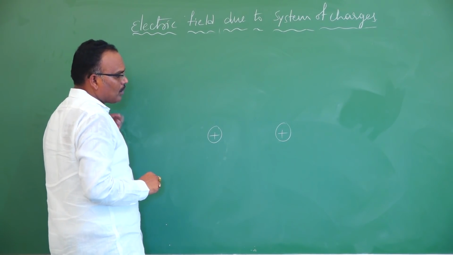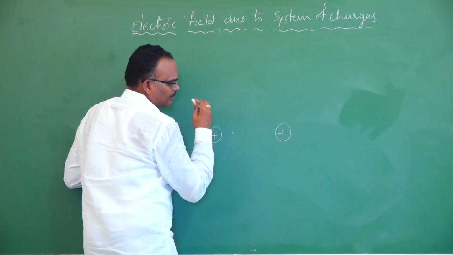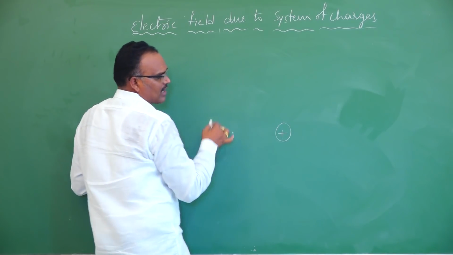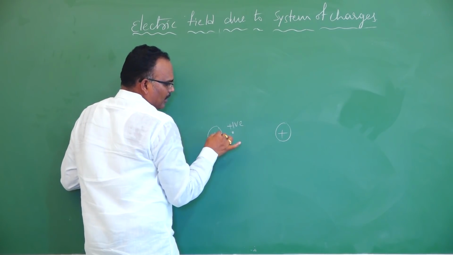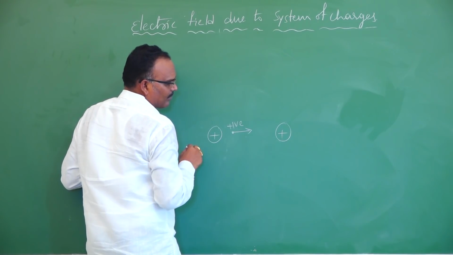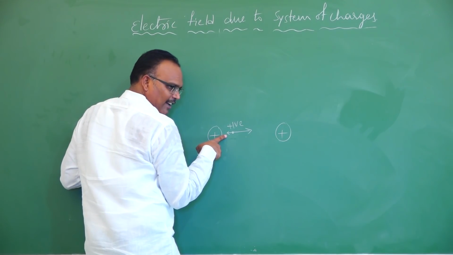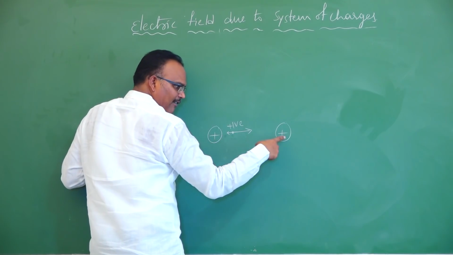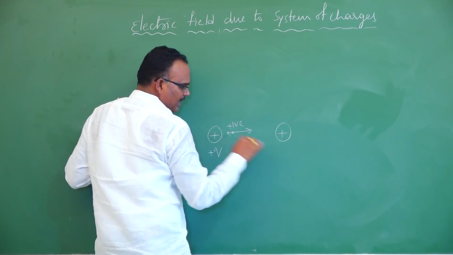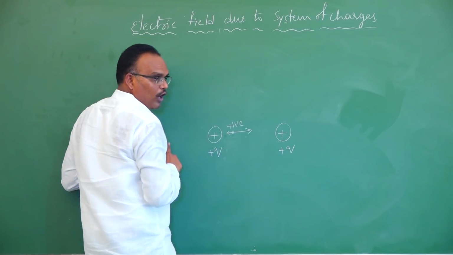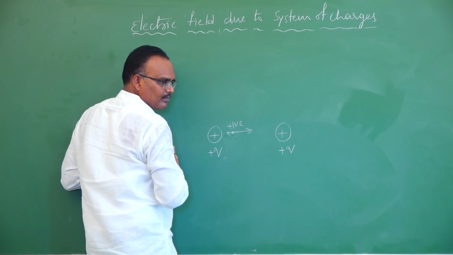Okay. So here, if you place a unit positive charge at this place, for example, along the line of the charges, this charge repels in this direction. This charge also repels in this direction, with a small vector I have represented, because this point is far away from this and close to this. So this positive charge repels very strongly. This repels weakly. That's why it will move in this direction.